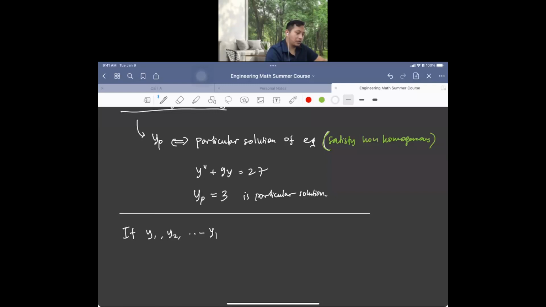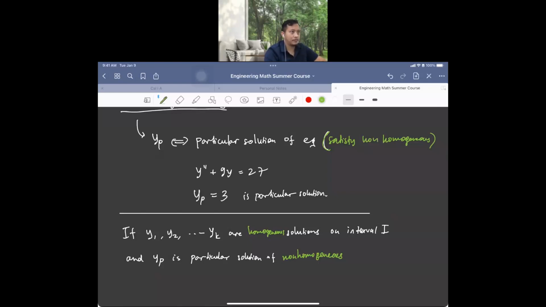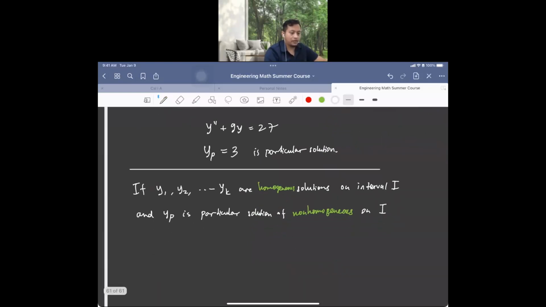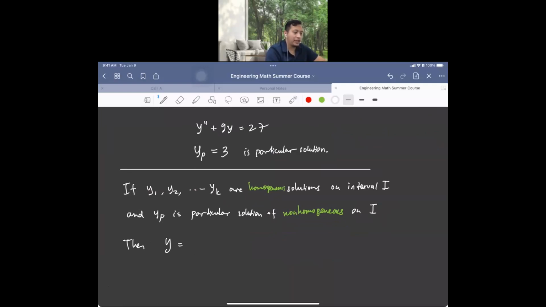Now let me write it more generally. If y1, y2, until yk are all solutions of the homogeneous equation on an interval, and yp is a particular solution of the non-homogeneous equation, also on the same interval,